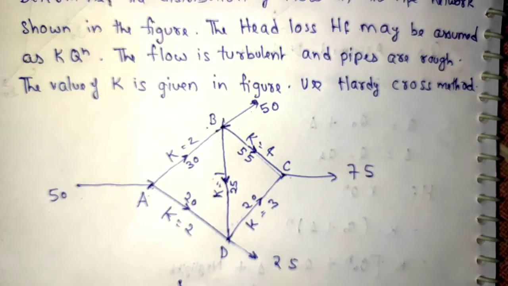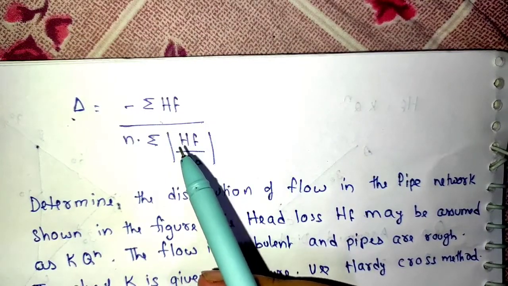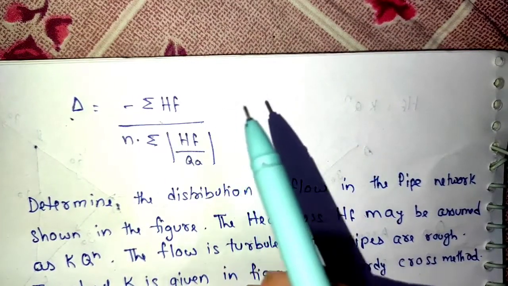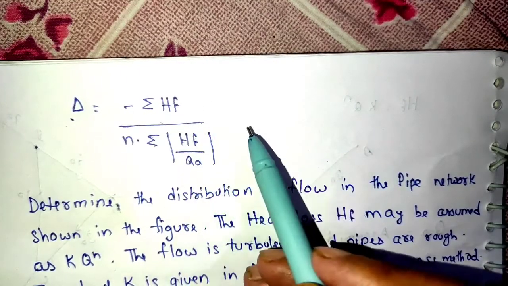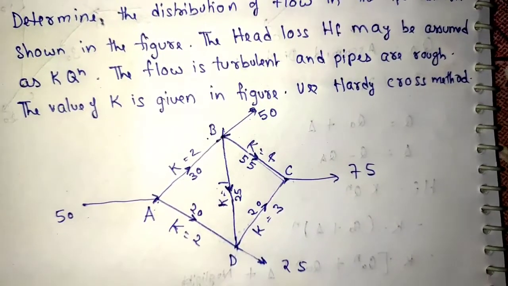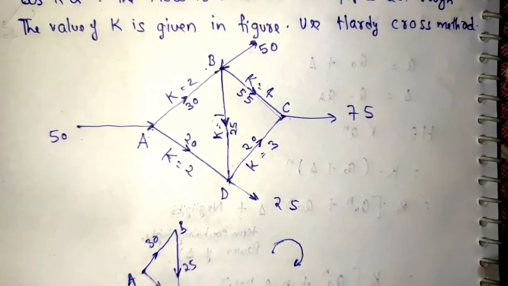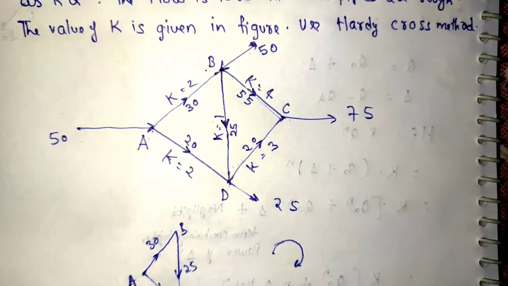When we analyze this section, we analyze it to form our very formula that we started with, right? So when we make the table, we use this very formula to further analyze the values of delta and to correct the values of assumed discharge, right? The next step we are going to take is to draw a table for each loop. You can draw the table for each loop, or you can also draw it for the single system.